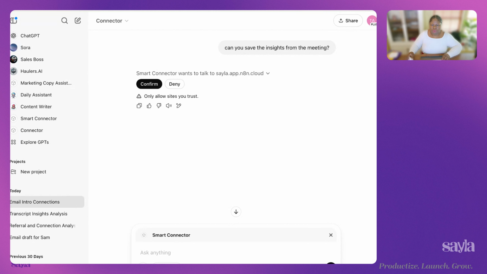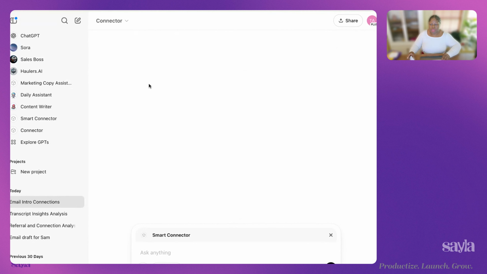Okay, great. We have the confirmation. This is what we want. So now it's going to go through and take all those insights and add them to Airtable as well. And so the goal, I think, for Mikki, because you have member profiles, my suggestion is that in the N8N automation, N8N is like a Zapier. It's a more powerful Zapier.